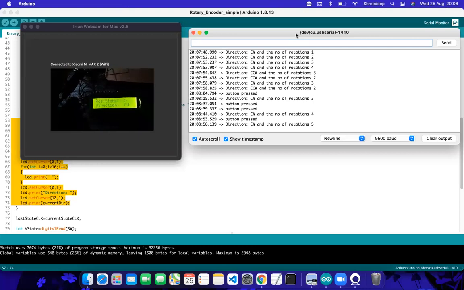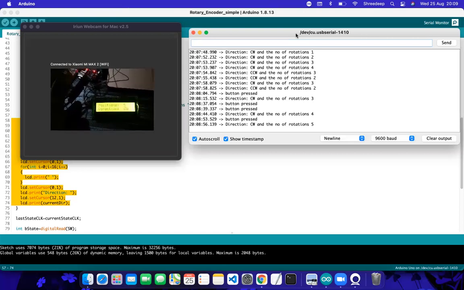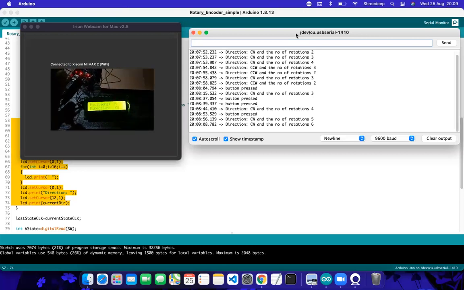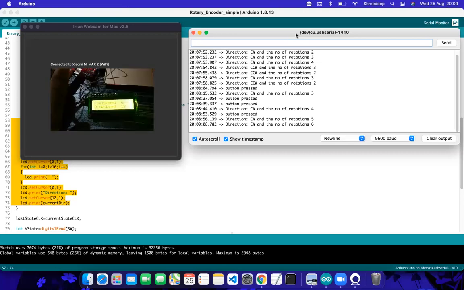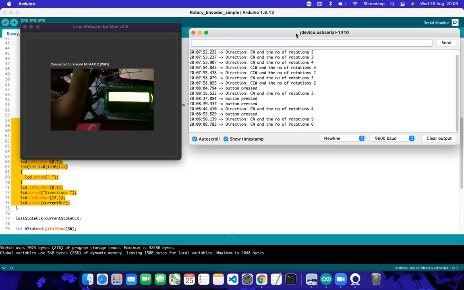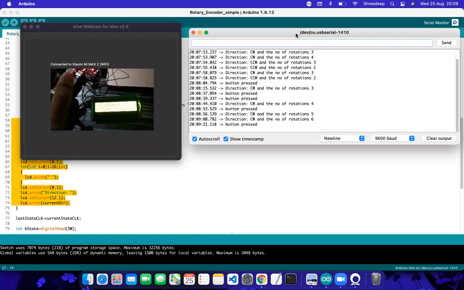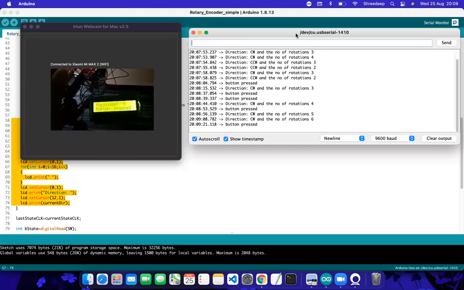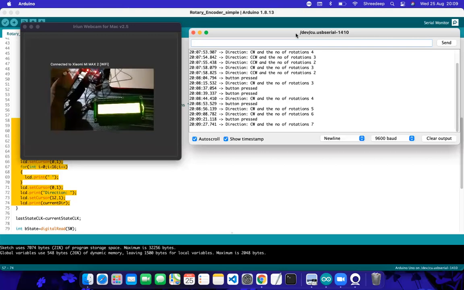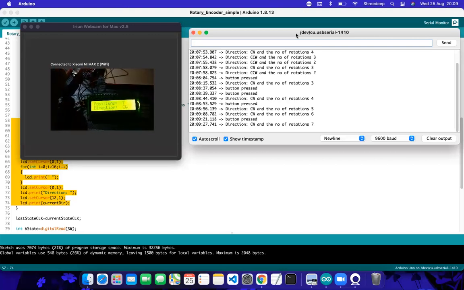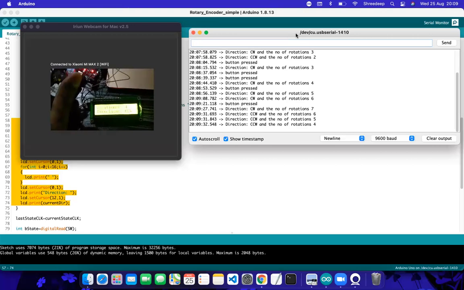So that is the uniqueness: it does not flicker, first of all, and it does not keep your display engaged with the previous display, so that it will not be able to come out of the previous one. Because if you use LCD.clear, what is it? It clears the whole display, but I don't want the whole display to be cleared. I want only the second row to be cleared, and to display the new message. After the button press occurs, again I need to wipe it out, and again I come back to the previous one, clockwise or anti-clockwise, whatever.